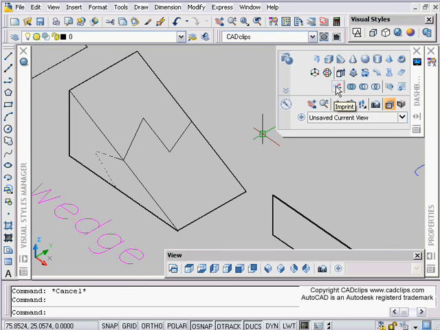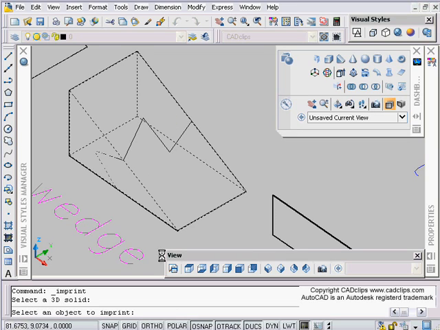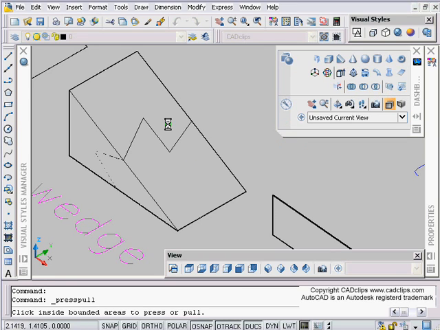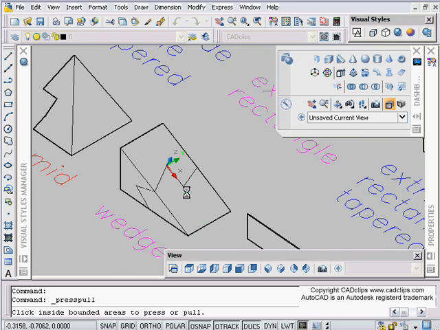So the imprint command, which is over here, which is wonderful, we can say imprint, and we select a 3D solid, and we pick that, select an object to imprint, click on that, delete the source object, yes, and then select an object to imprint. Maybe I'll pick on that one too. I don't know if they're both going to work. Now if I go to my press pull, I can hover over that edge and pull those edges out, but